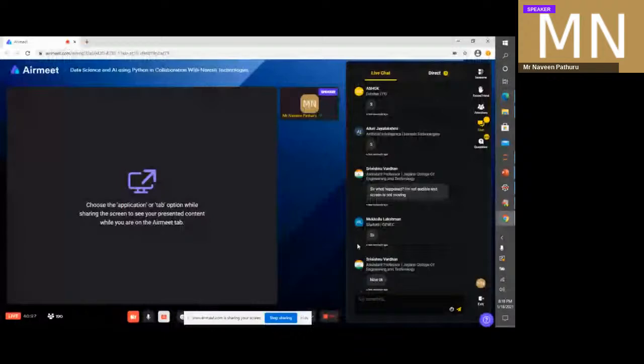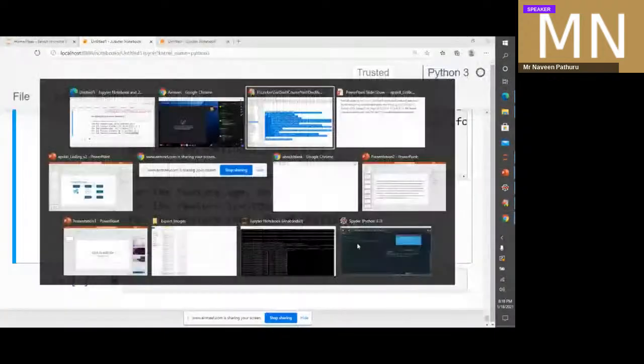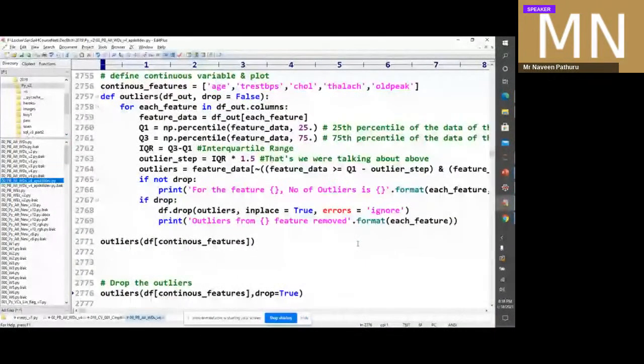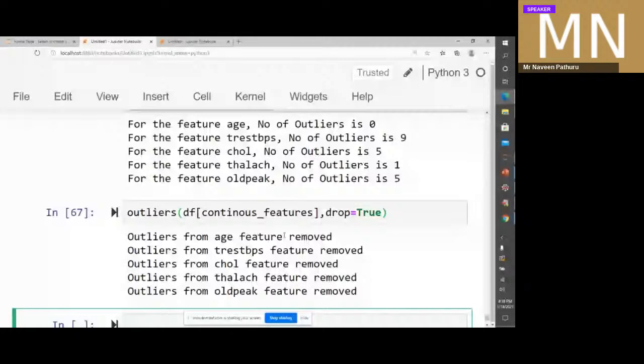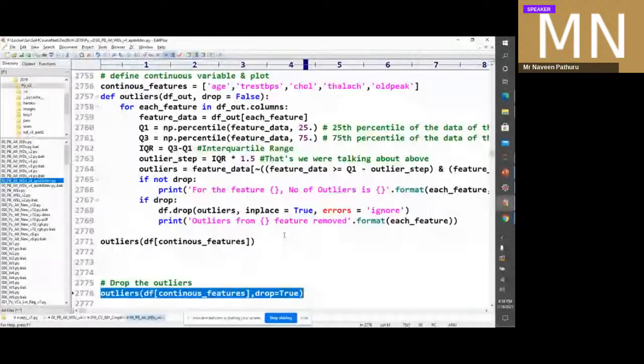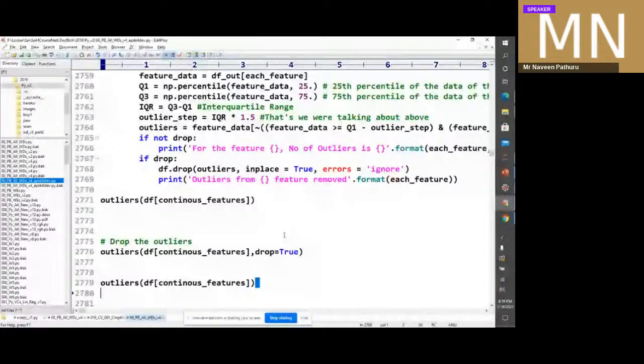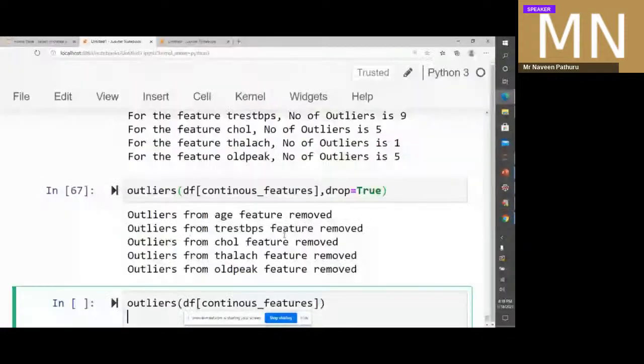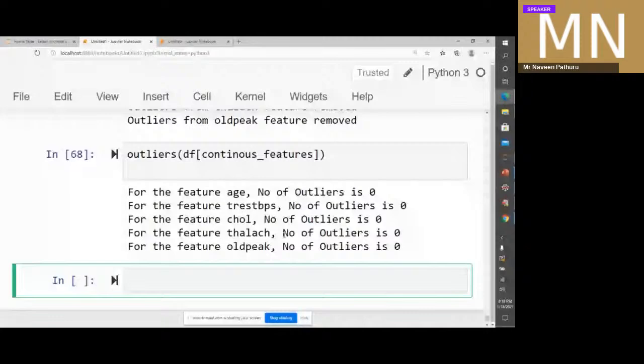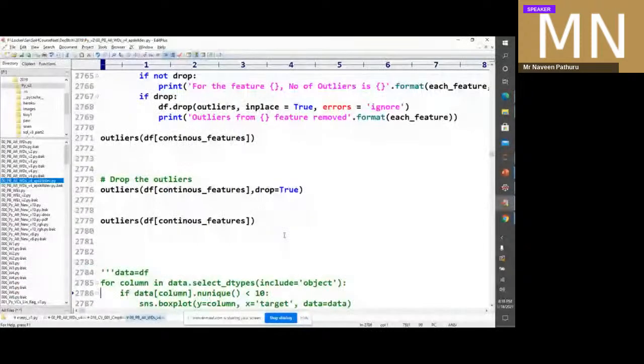What we can do is, we can come back here. We can pass that argument equal to true. What will that do? It's removing all the outliers. Then what we can do? We can verify one more time, are there any outliers? We're verifying it. All of them are zeros. So we remove. Then let's come down, go back here,